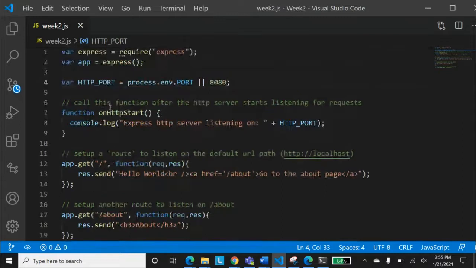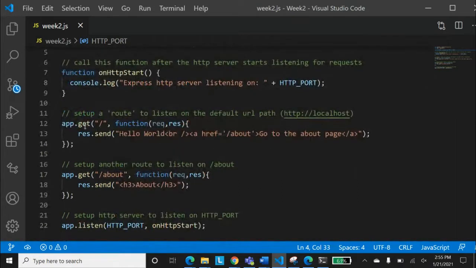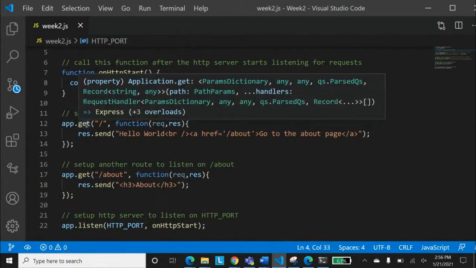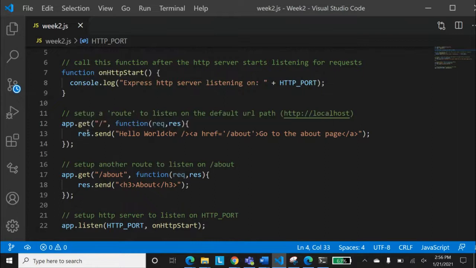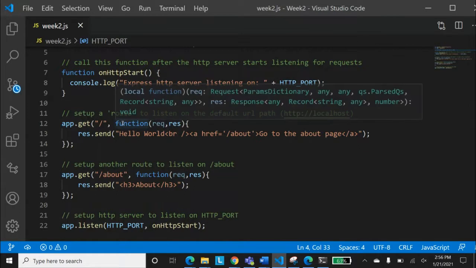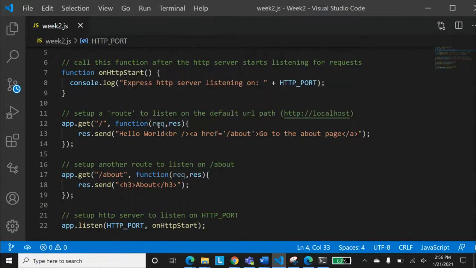So now app.get. We are giving it the get method, the same get method that we use. So app.get and / are given as the first parameter, and the second parameter is, again, a callback function. You remember we talked about the callback function. This function takes two things, request and response. Request is something made by the user, and response is something provided by the server.